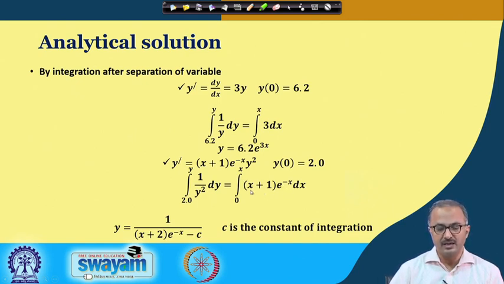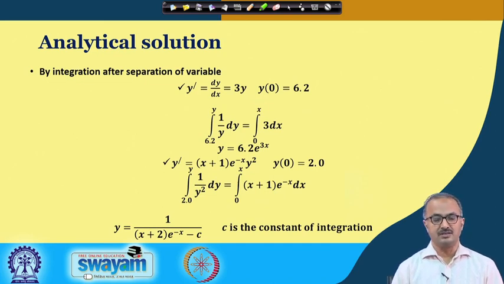First you can integrate x e to the power minus x, and then just e to the power minus x dx. I am not going into the details of how to carry out the integration, only I will say that if you have x e to the power minus x dx, then you take these two to be two different functions, and you know the formula: you take x out and take the integral of e to the minus x, and then you differentiate x and take the integral of e to the minus x. That way you perform these integrations.